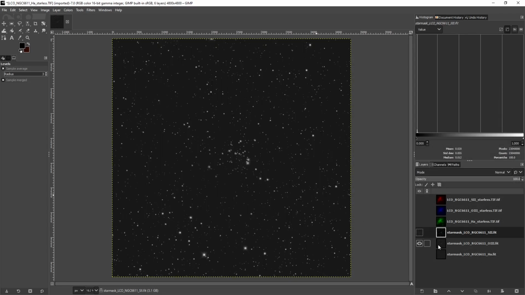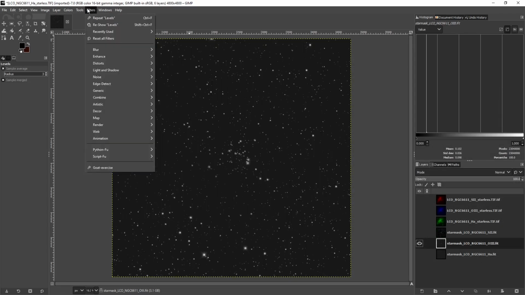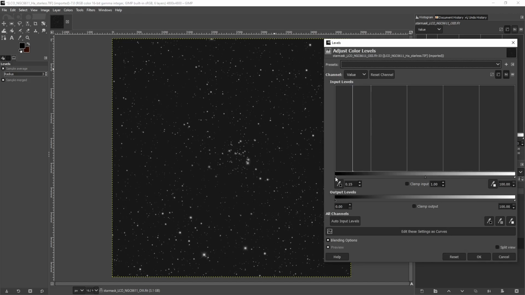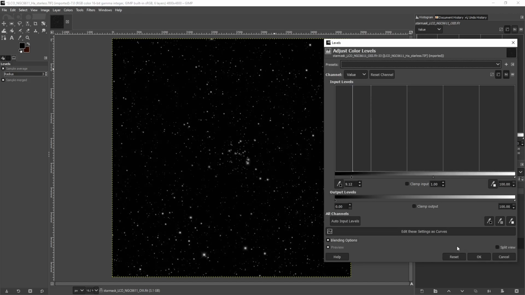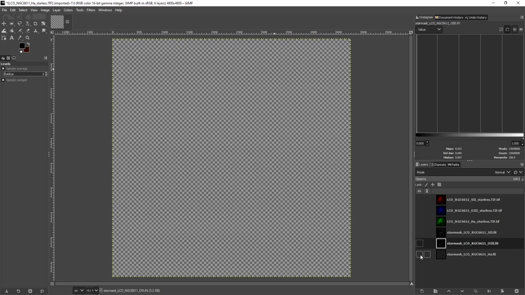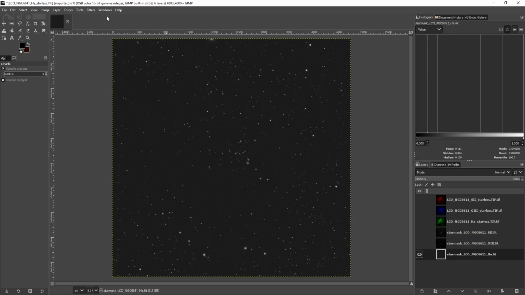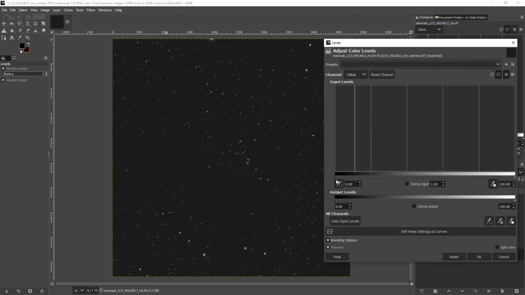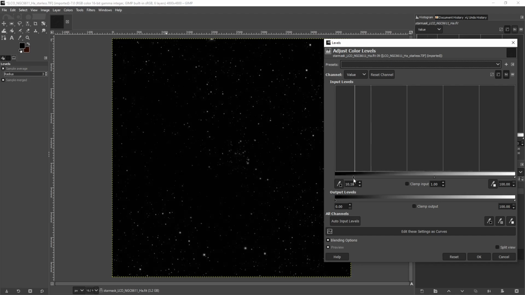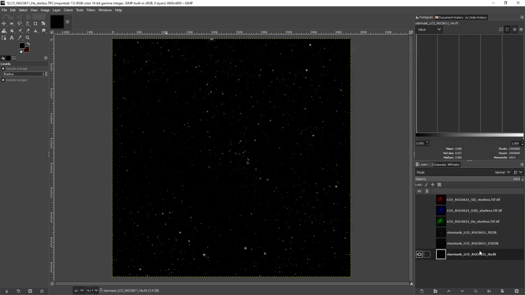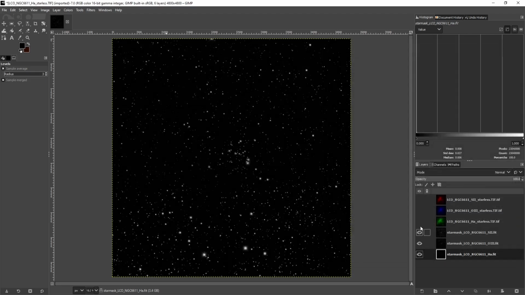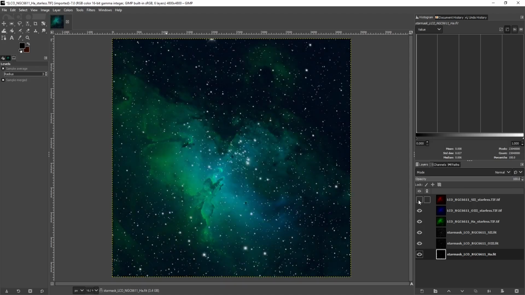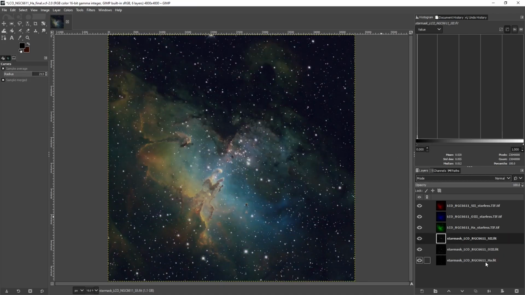And then we'll do the same thing with the next star mask, right about here. And we'll do the same for the next one as well. Click OK. And now if we bring all of the layers into view,